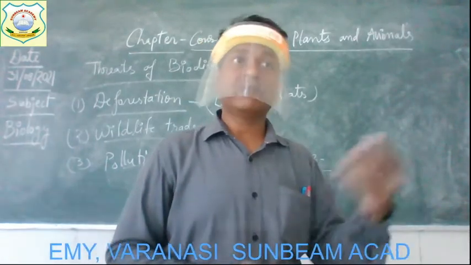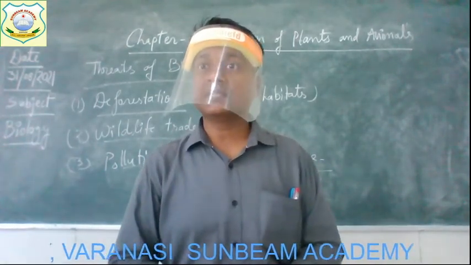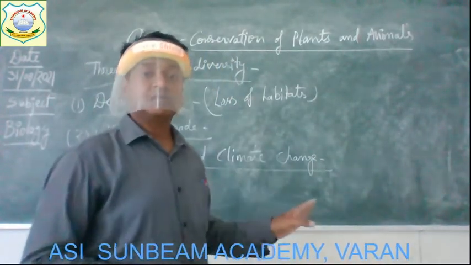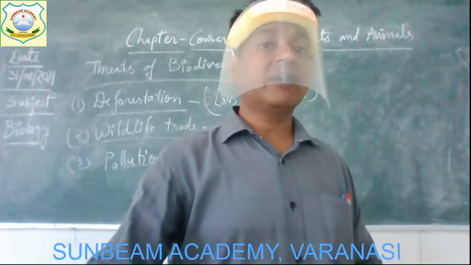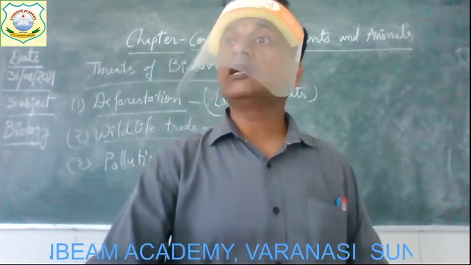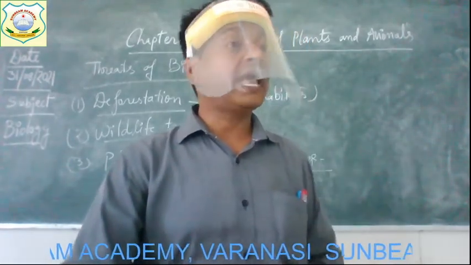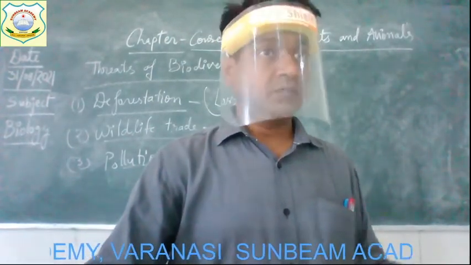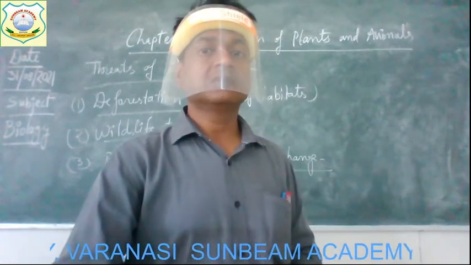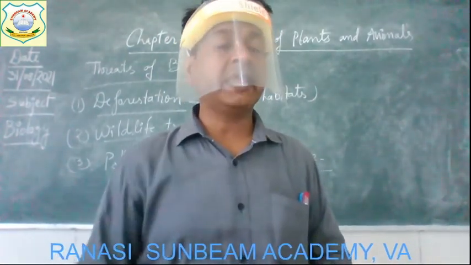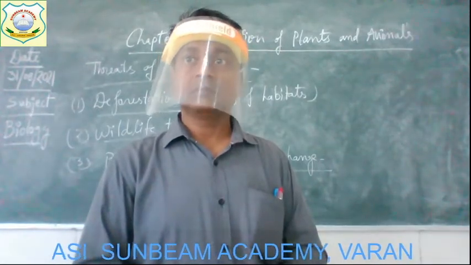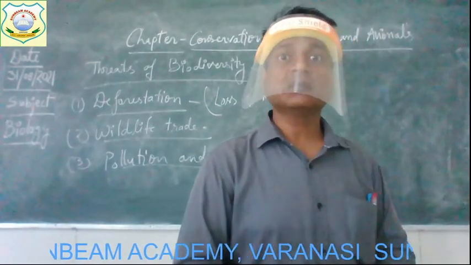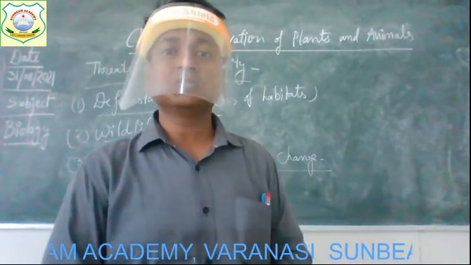Okay, this also affects the biodiversity, that is plant species and animal species of a place. So pollution and climate change is also responsible for threat of biodiversity. And this pollution and climate change mainly occurs due to human activities. Human activities have caused pollution of air, water, land and all. A lot of human activities are responsible for causing air pollution, water pollution, land pollution, and this